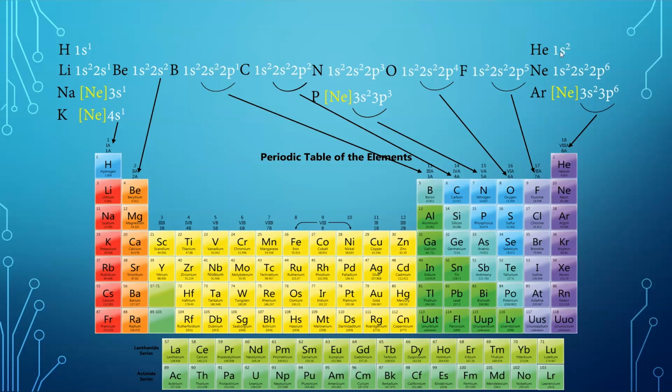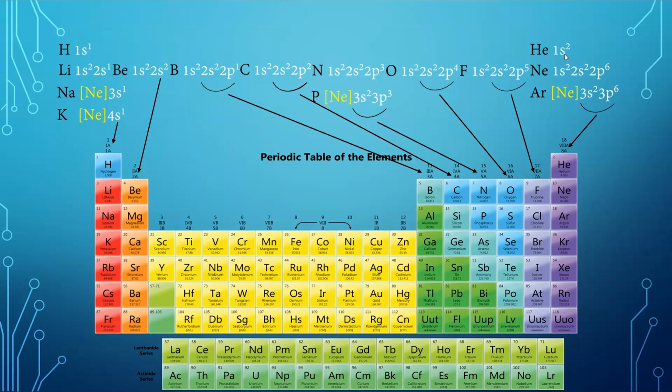Helium is the one oddball here. Even though helium is sitting over in group 8, it doesn't actually have 8 valence electrons. Helium is there, as we've talked about before, because its properties are very similar to these other elements. And the reason the properties are similar is pretty straightforward. If you look at helium, it has 2 electrons in the first energy level, which means level number 1 is